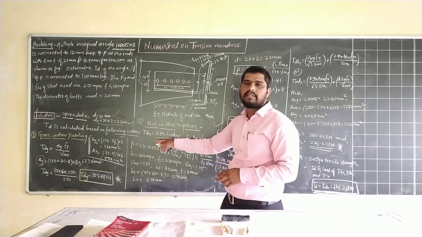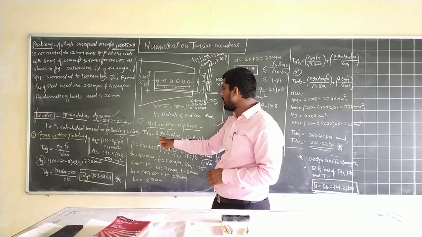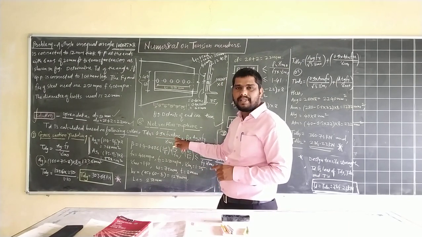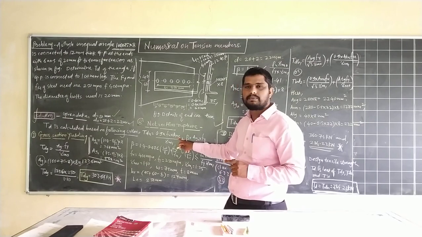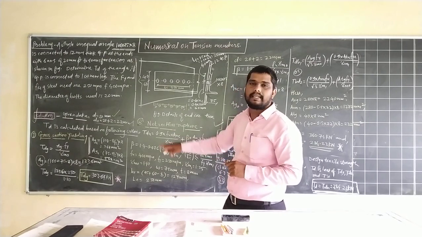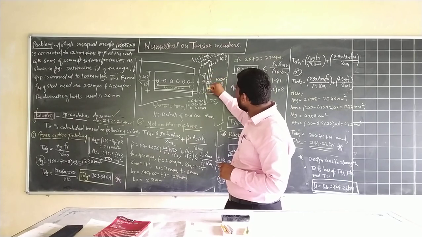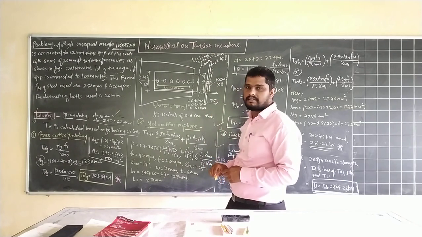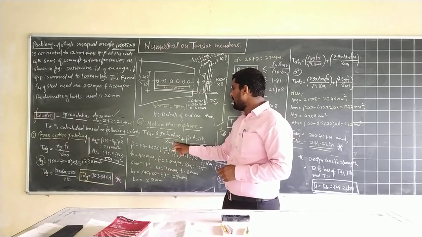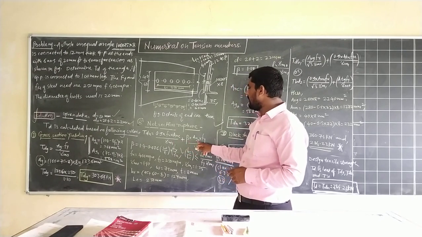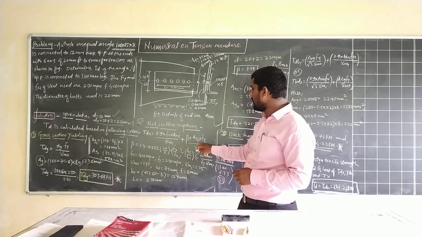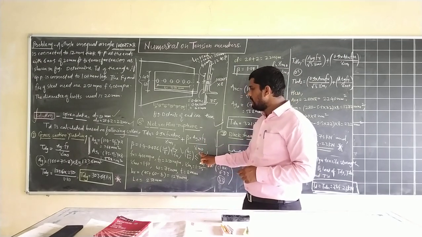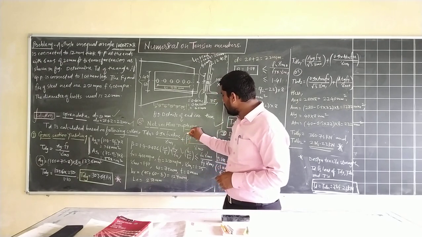We know the formula for TDN. The equation is 0.9 times Fu into Anc, where A stands for area, N stands for net, and C stands for connected. Net connected area means the area up to these connections, divided by gamma m1, plus beta into AGO, that is the gross sectional area, into Fy, yield stress, divided by gamma m0. First of all, we are going to find out the value of beta.